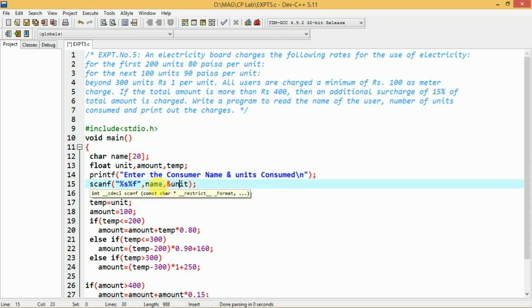So in unit we read that value, and we know that whenever you read a value into a character array, remember this, in every experiment whenever we use this, I repeat the same. Whenever in scanf especially, you want to read a value into a character array, you should not use ampersand before that variable name. If the variable is a character array, you should not use ampersand. If it is any other type other than character array, you should use ampersand before that.